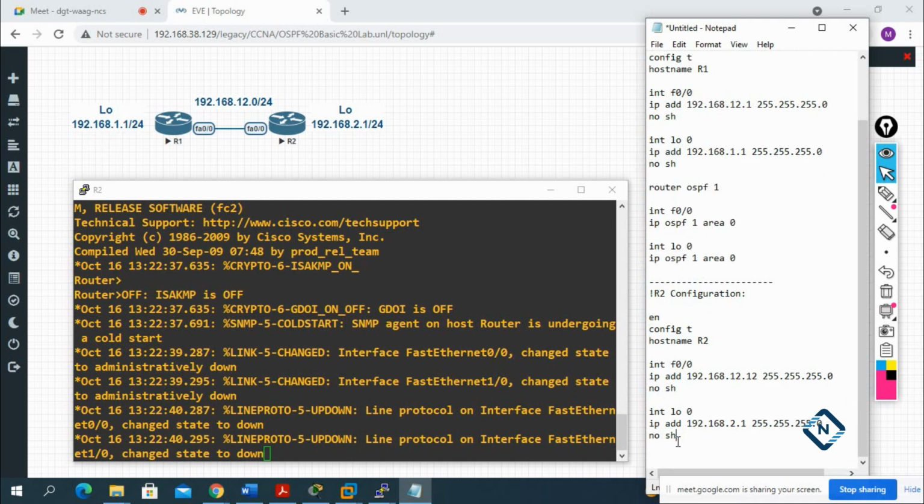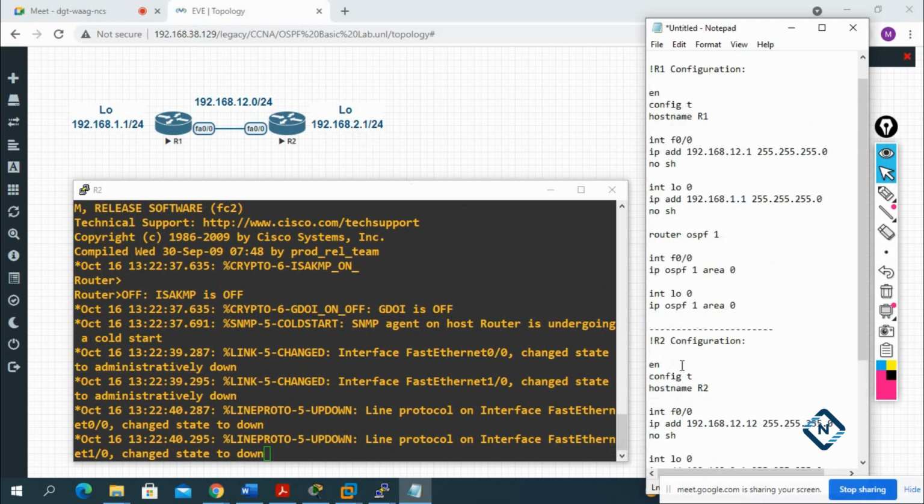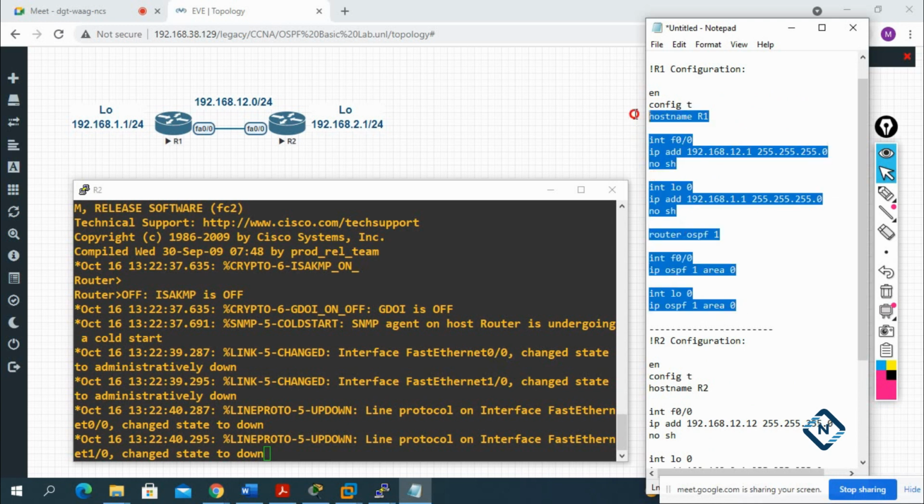So I will paste this here, and if you see here what we have: router ospf 1, interface FastEthernet 0/0, ip ospf 1 area 0, and the loopback, and we will assign the OSPF. So this is only the configuration. Now we will paste this configuration. I will copy from here to here,